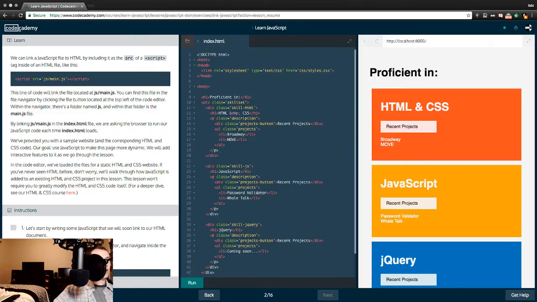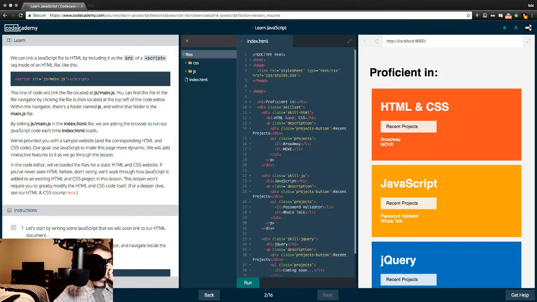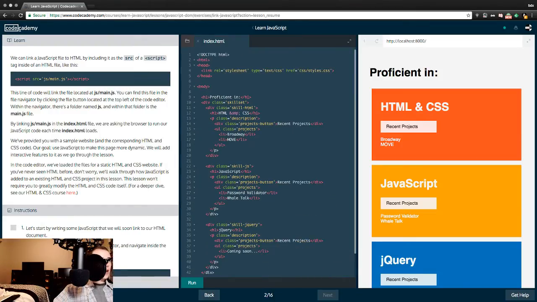You can find this file in the file navigator by clicking the file button located on the top left of the code editor. Within the navigator, there's a folder named JS. And within that folder is the main.js file. I believe they're talking about this guy here. Yes. Good. Cool. Close. By linking js/main.js to the index.html file, we're asking the browser to run our JavaScript code each time